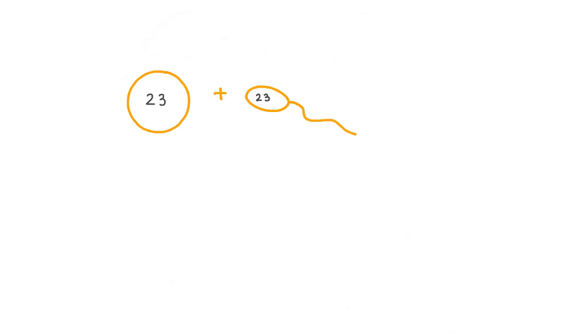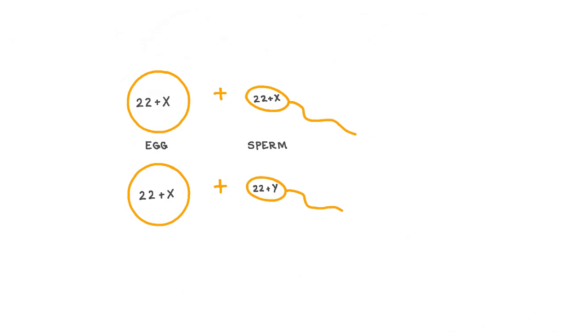When humans reproduce, each parent's gamete or sex cell contains half the total chromosome number. That is, they contain just 23 chromosomes each. The egg cell from the biological mother carries 22 single autosomes, and also one sex chromosome, which is always an X chromosome. The sperm cell from the biological father carries 22 single autosomes as well, and also carries one sex chromosome, which may either be an X chromosome or a Y chromosome.